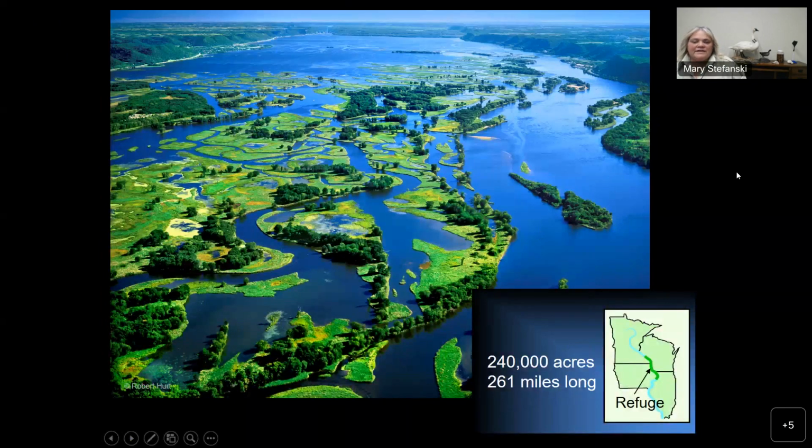Okay. So this is an overview of what the typical Mississippi River looks like in our area. So the Upper Miss Refuge starts near Wabasha, Minnesota, where the Chippewa River comes in on the Wisconsin side, and that's in Upper Mississippi River Pool 4. And we travel downstream for about 260 miles, and we end at the Quad Cities between Illinois and Iowa. And we encompass about